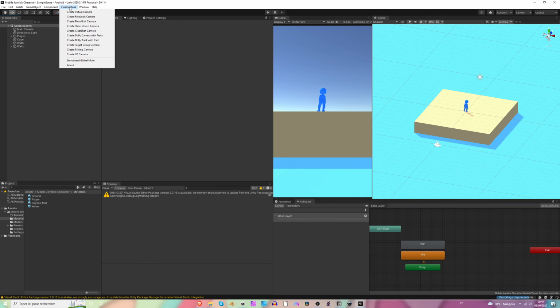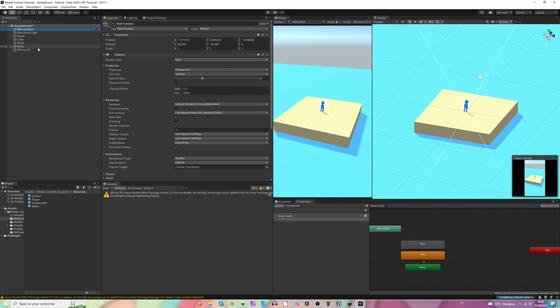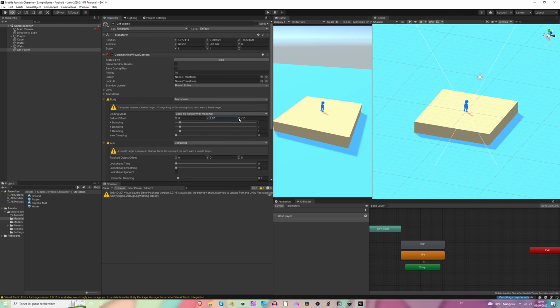There is a new tab here called Cinemachine, and create a virtual camera. All right, perfect. Did you notice the change here? Because now the Cinemachine camera took over the camera. It's now controlling the camera, you see? If you change the rotation or the position of the Cinemachine game object, it changes the camera